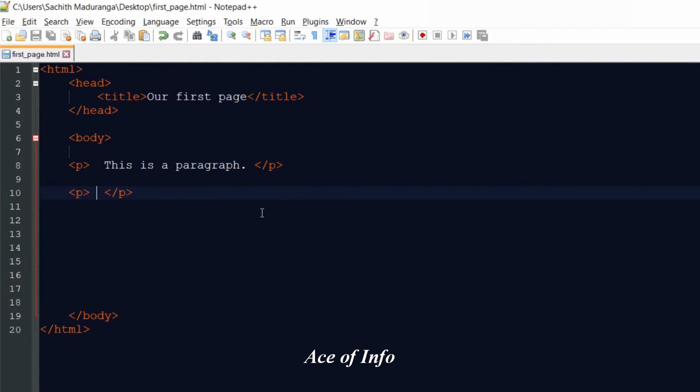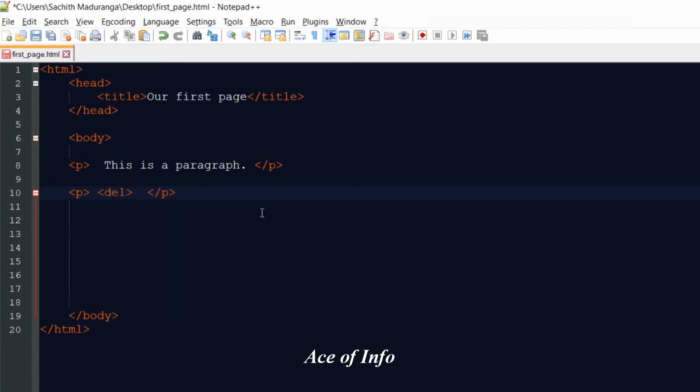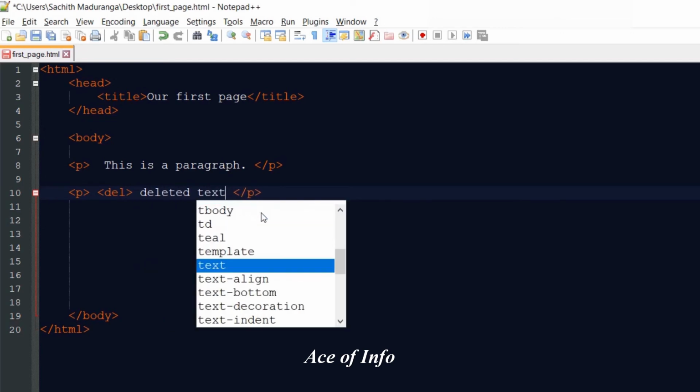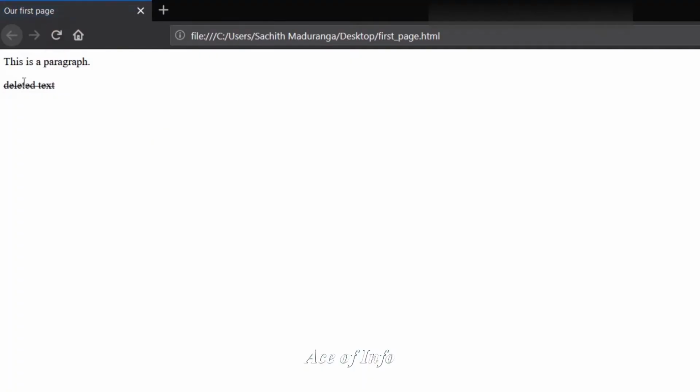Okay, that is what superscripted text does. Next one is deleted text. Now there is another text format that we can use for texts that are deleted. So the tag is the delete tag, del, and I'm going to put the text, deleted text, let's say, it doesn't matter. Okay, and then I'm going to close the delete tag and save this and open the browser and reload it. See, we have deleted text. The text shows as deleted text.